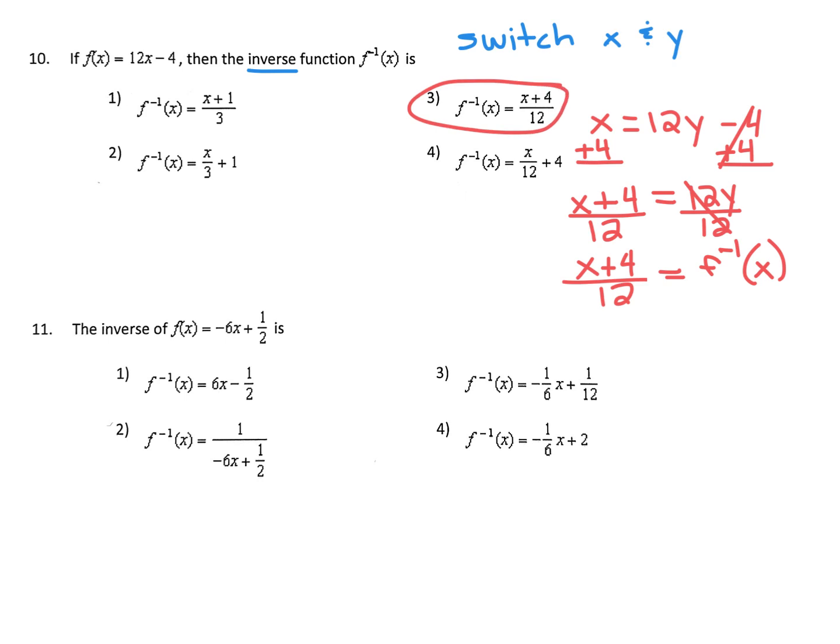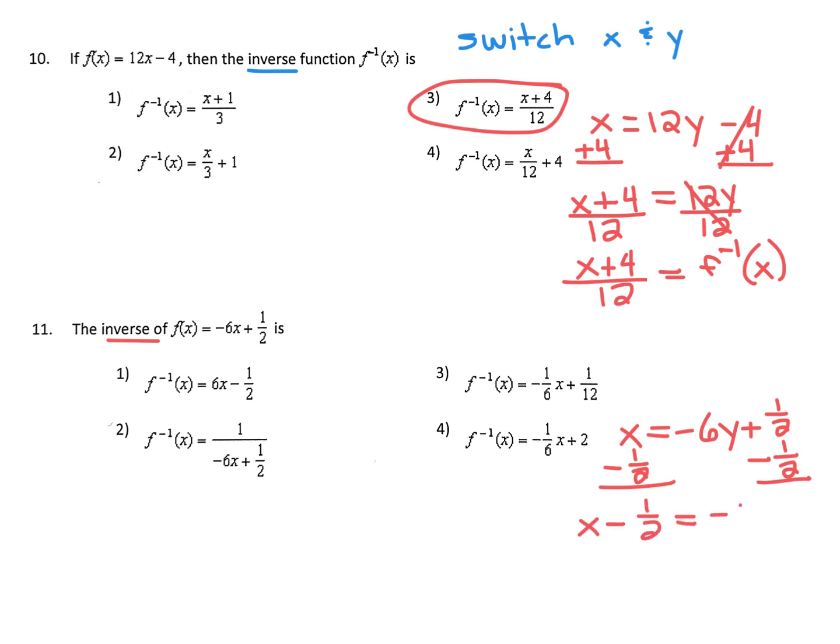All right, now the next one, number 11, they're asking us to do the same thing, right? They want us to find the inverse. So we're going to start it the same way. We're going to change this y to an x. And we're going to change this x to a y. Okay, now we know we have to get this y by itself. So let's, again, just get rid of this number that's hanging out here by itself. This time we have to subtract it. So that's going to leave us with x minus 1/2